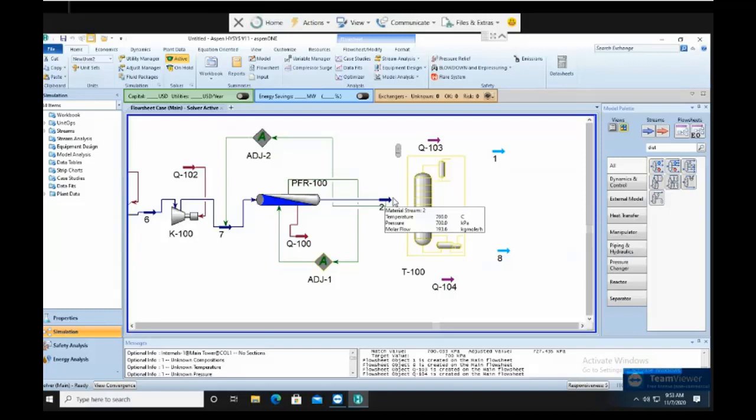Macam dia macam compressor kan. So expander dia, temperature would be the opposite of compressor. But if you cannot afford to lose the energy from the stream, you guna valve. Okay. But I dah buat benda ni banyak kali, so I think this one will work at a low pressure